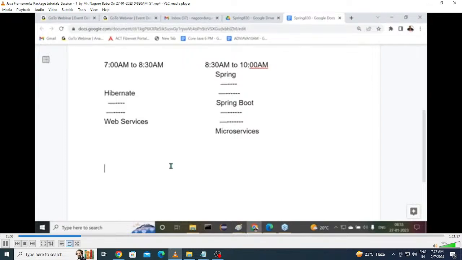Simple example. Tell me, by using Spring Boot, what type of applications are we going to prepare? You want to prepare only core Java programs? Only standalone applications? No. A Spring Boot application is like a core Java application, but it will activate a web application internally. It will start the server internally, deploy the application to the server, and expose the web application. Understand my point? That framework is designed in that way. Because of that reason, without knowledge of Spring, we are unable to understand Spring Boot. That's the point I'm telling you. That standard foundation is required in the Spring framework also. For that purpose only, today we are going to start the Spring content.